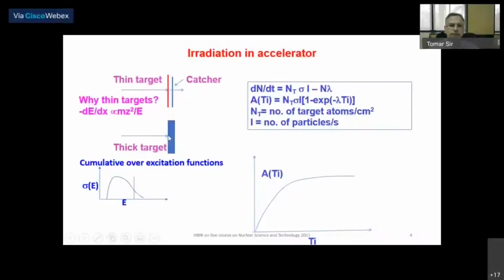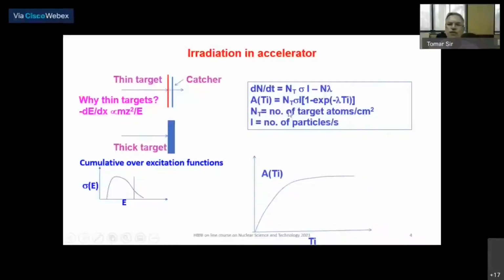So as a function of the thickness in the catcher, your residues may be formed. So you have to use the entire target to separate the particular radioisotope. So both of them have their plus and minus. When you want to have high yield, use a thick target, you use the cumulative cross section. When you want the cross section for a particular isotope, then you can use this one. Here in this case, suppose you are interested in 2N product, then 1N also will be formed in the same target. So it depends what is your interest, in which isotope you are interested.